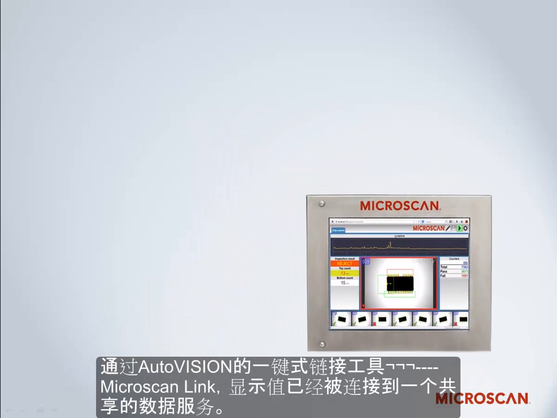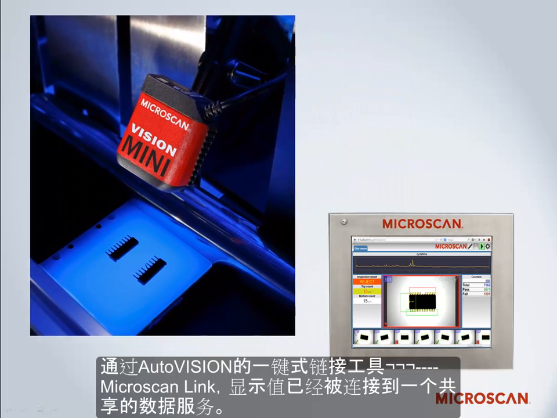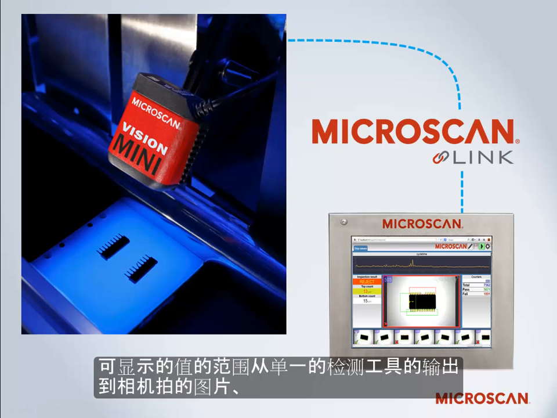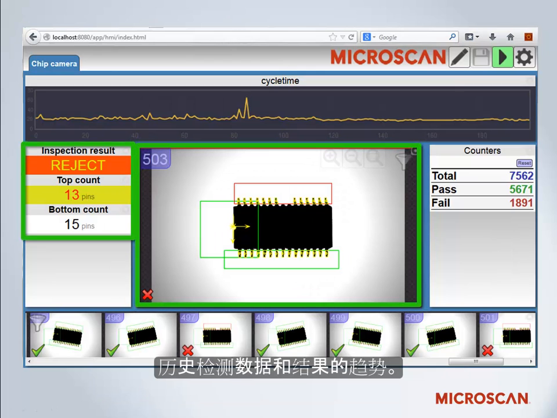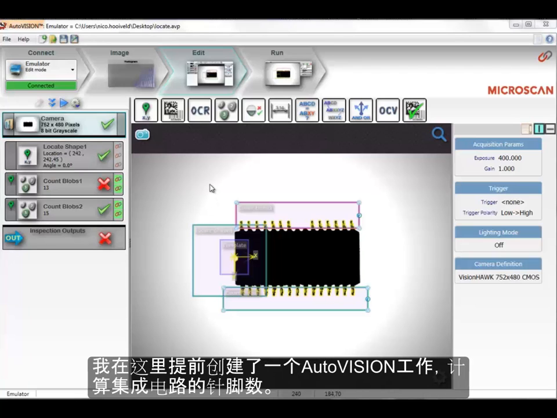CloudLink's web dashboard and display values that have been linked to a shared data service by AutoVision's one-click connectivity tool, Microscan Link. Displayable values range from single inspection tool outputs to images taken by the camera to historical inspection data and result trending. To demonstrate how CloudLink is used to visualize linked values from an AutoVision inspection job, I have